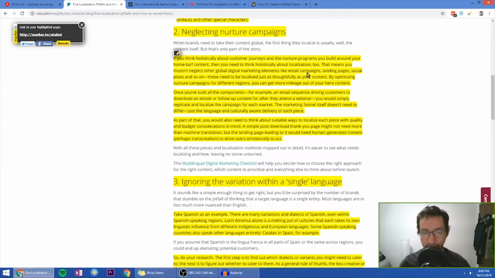So this article from Moravia talks about a different thing: once you have great content, you also should not forget about your campaigns. And I really agree with what they're saying about thinking holistically about the customer journey and how to nurture your clients. You basically need to think about the whole journey and the whole nurturing process for your customers in different regions, which basically means back to localization. So yeah,